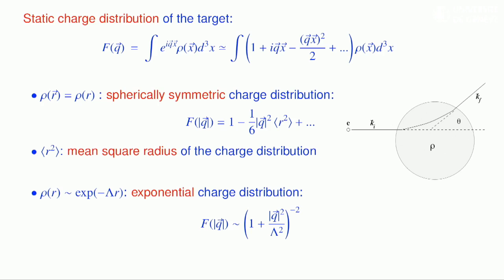For small momentum transfers, we can develop the form factor in a Taylor series. If the distribution is spherically symmetric, the terms with an odd power drop out, and the dominant second term is proportional to the mean square radius R² of the charge distribution,